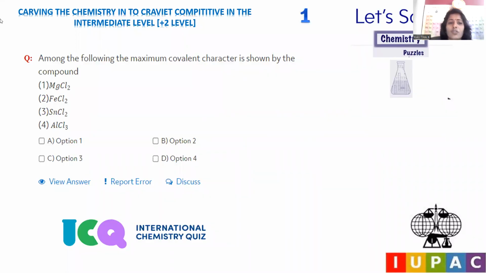Question number 1. Among the following, maximum covalent character is shown by the compound. These are the compounds provided. We have to depict which has the highest covalent nature, highest covalent character. The compounds provided are magnesium chloride, iron chloride, tin chloride, and aluminum trichloride. In accordance with Fajans' rules, there are certain regulations to measure the covalent nature of the given compound. Here, among all, which will have the highest covalent nature can be determined by a few